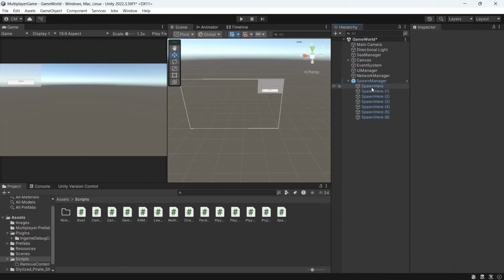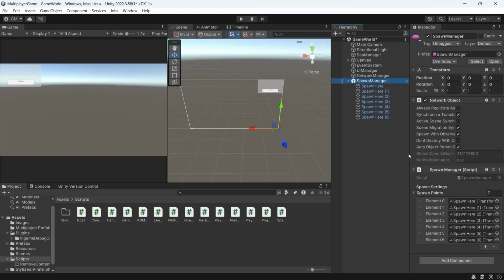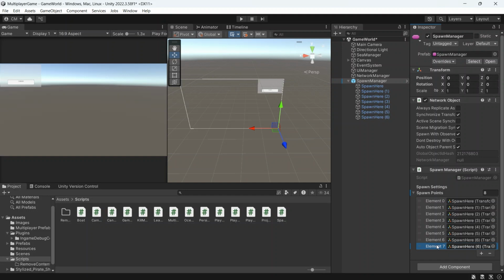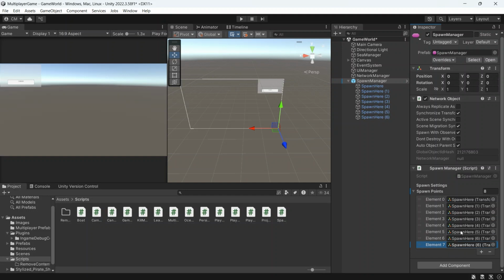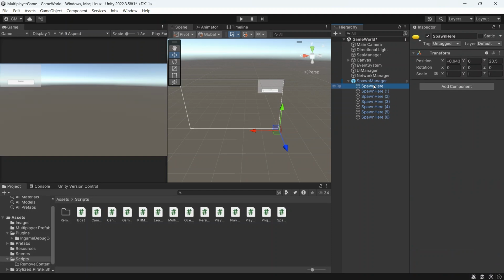Here I have 7 spawns, and in the spawn points, simply add how many spawn points you have, then simply drag the created empty objects in the inspector.